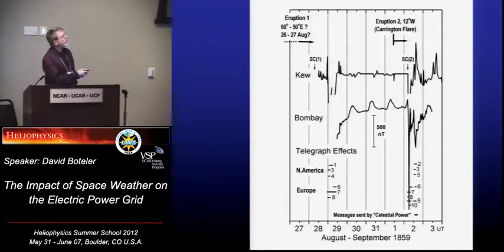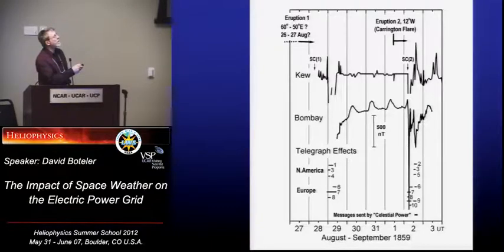And this was the early days of magnetic recordings using photographic instruments. For those of you who might have heard of this event as being classed as the largest magnetic storm ever reported, that is based on these records from the observatory at Bombay, and specifically this extreme fluctuation. And people have used that to estimate what the Dst would have been during that storm. It's about 3 times larger than anything else we've seen. You can see that there were actually two storms here.